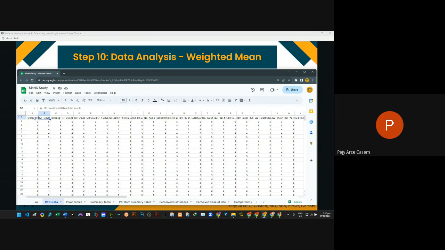For example, if you ask what is the age of your patient, this will become the age variable. So in data cleaning, part of your data cleaning would be changing your